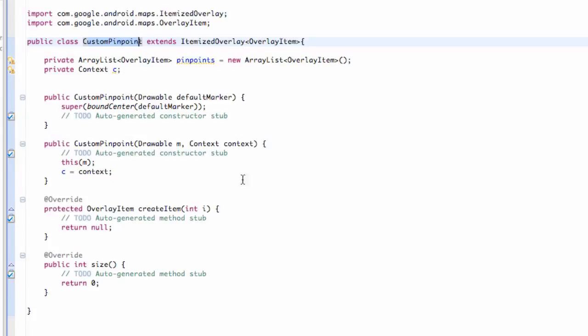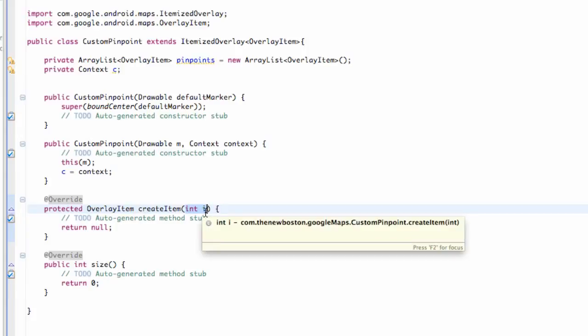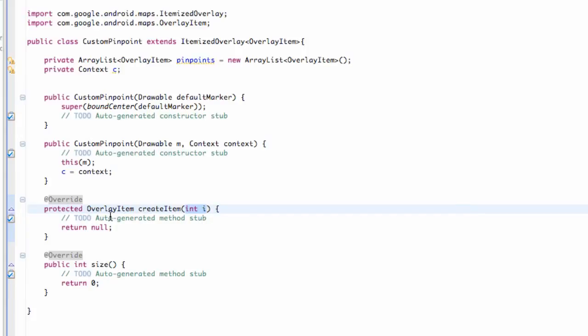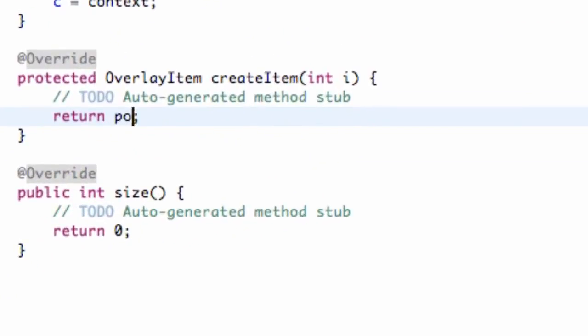What we're going to do in this tutorial is basically finish up our custom pinpoint class. The setup for what we have left in this class is going to be pretty simple and pretty quick, so this might be a short tutorial. Let's work with this overlay item, create item, and we get passed in an int value. What we want to return is the value in our array list that we set up. We call that array list called pinpoints,